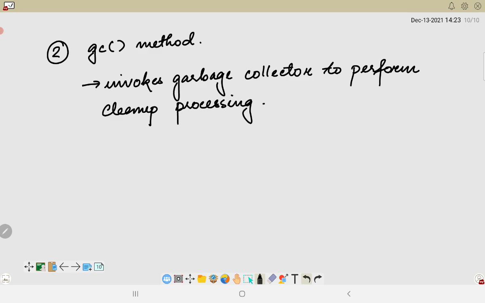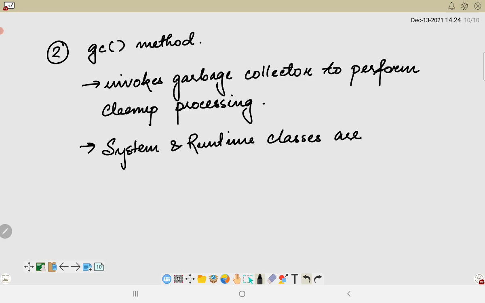This garbage collection method is found in the System and Runtime classes. They are basically the parent classes of the gc method.